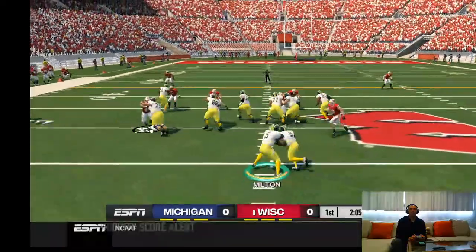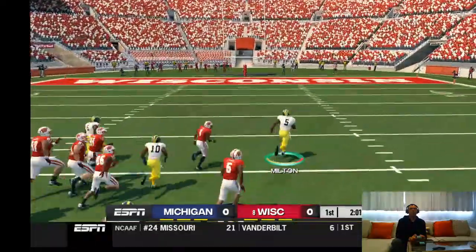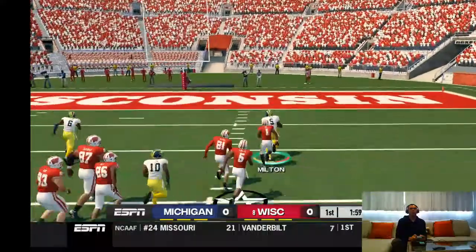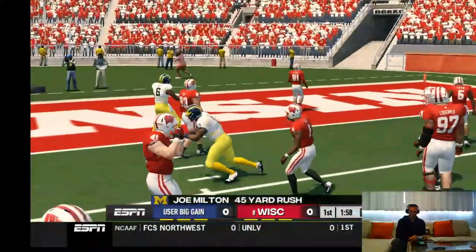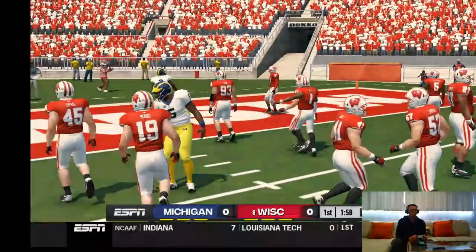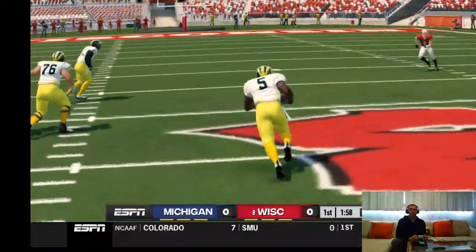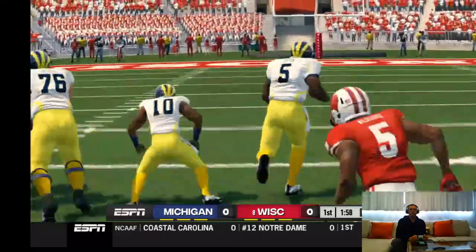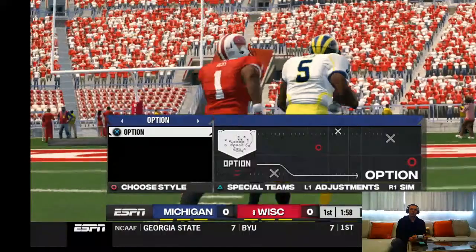2nd and 15. Ball on the 50-yard line. He's at the 40. Ooh. He's at the 30, to the 20, to the 10. Tackle made around the 5-yard line. Longest run of the year. Oh, that was one beauty of an option by that quarterback. No question. There was no hesitation whatsoever. Once he saw that hole, he turned it upfield and left everybody in the dust. Huge play, especially after the sack.